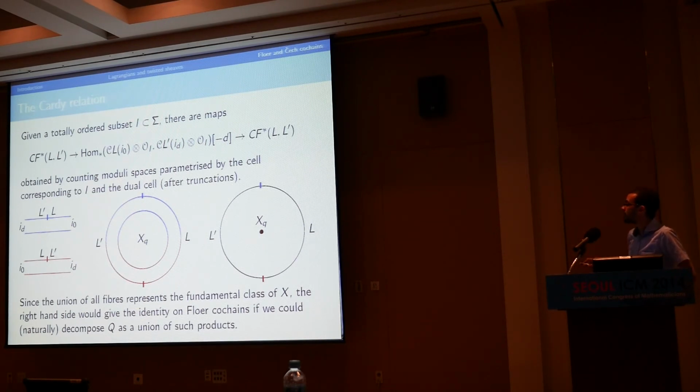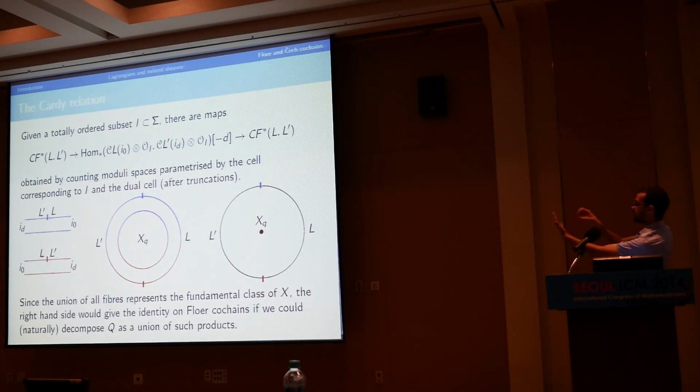Now you can build a map, that's what I label in blue here. You could build a map in the other direction, which is now parameterized not by the cells of the subdivision, but rather by the dual cells. That's what I draw in red here. So if you take the product of the cell and the dual cell, then you can take these strips that are drawn in blue, the ones that are drawn in red, and you can glue them together. When you glue them together, that forms an annulus. And that annulus has Lagrangian boundary condition on some fiber.